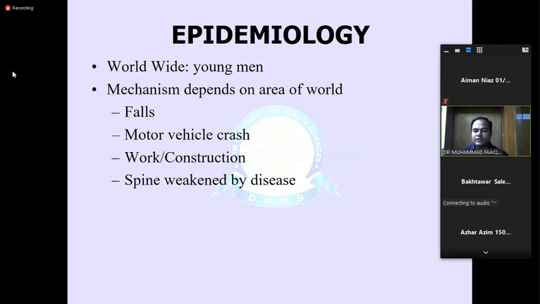These things we have discussed. Mechanisms of trauma you people already know. It may be a fall, road traffic accident, a laborer can sustain injury at a construction site, and there are different other mechanisms of injury. Firearm injury, you may add firearm injury.